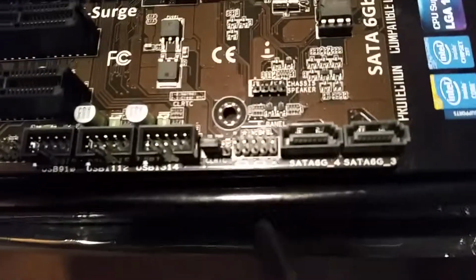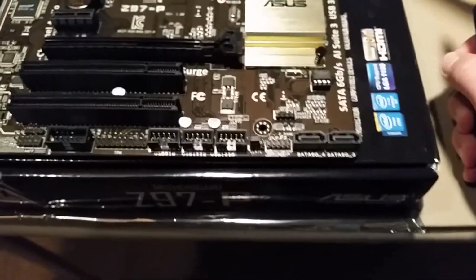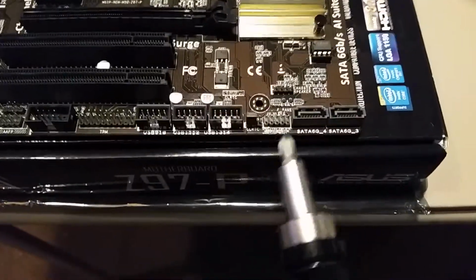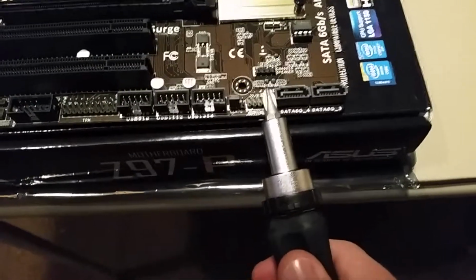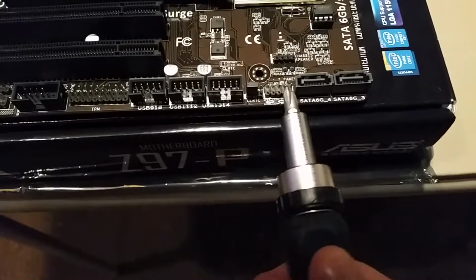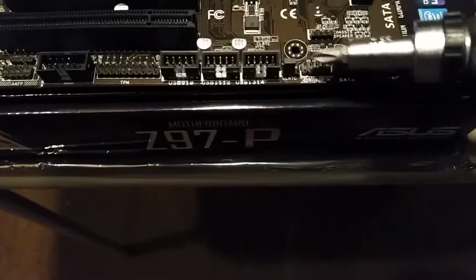So to trip it, all you need, if you don't have the case power button, or there's no power button on the board, which there might be, I didn't actually look for that, but I don't think there is. So what we're going to have to do is go down here and trip it with a piece of metal. I've got my screwdriver with a rubber handle just so I don't get shocked or anything. And I just touch the two together,